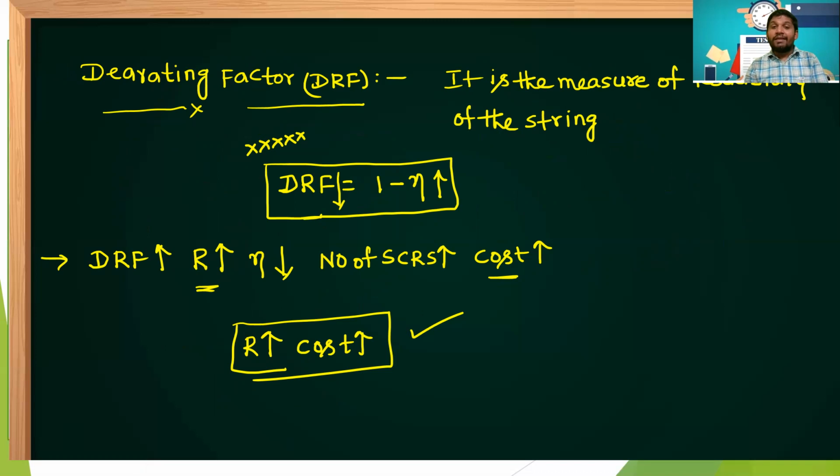Friends, understood? In the next session, I want to explain in detail what exactly is series connection, what the problems in series connection are, why the string efficiency is reducing, how to improve the string efficiency in series connection, what the problems in parallel connection are, why the string efficiency is reducing in parallel connection, and how to improve the string efficiency. All these concepts I want to discuss in detail in the coming section, where two circuits are very important, students: the static equalizing circuit and the dynamic equalizing circuit. Those two circuits are also very important.